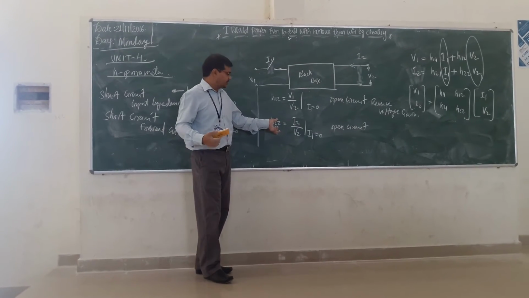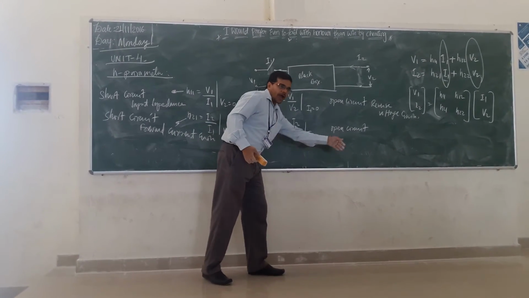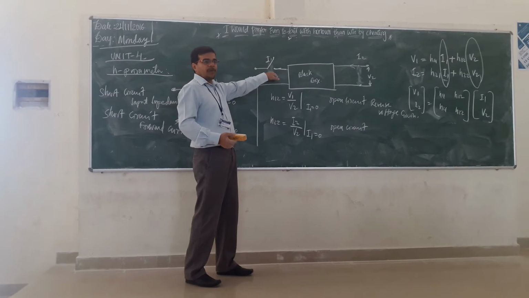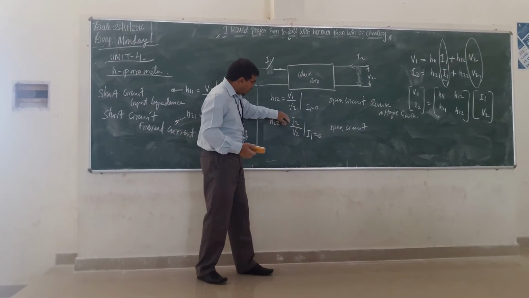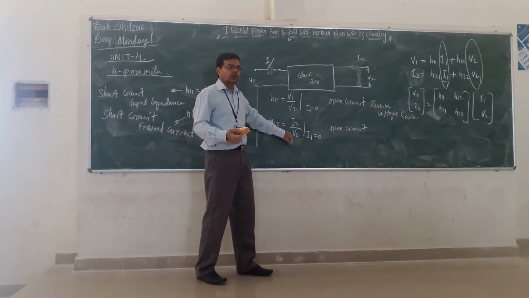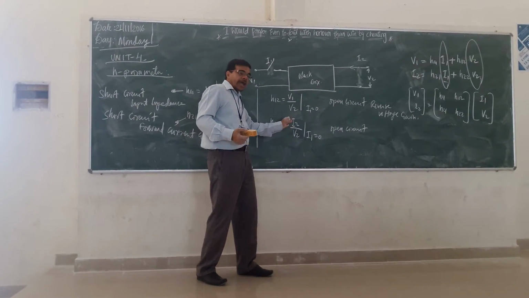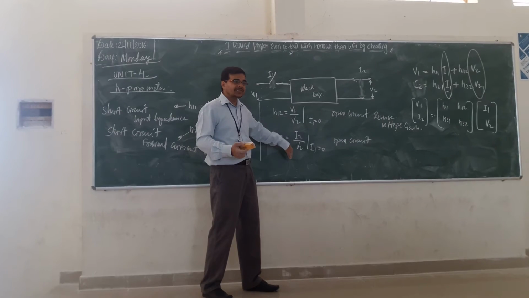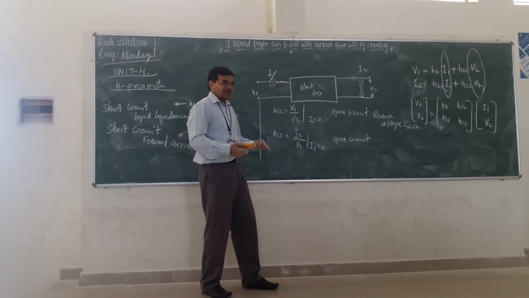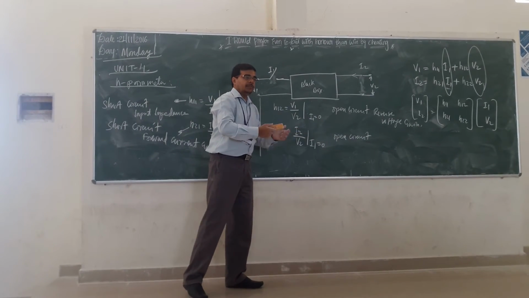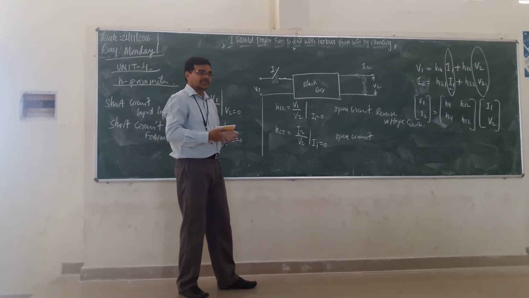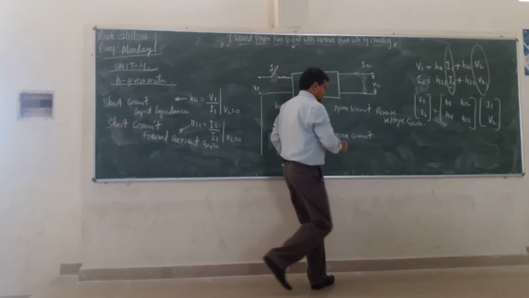If we are considering this one, here I1 is equal to 0. I1 is equal to 0, we can make it by making it open circuited. So it is your open circuit. But what we are having here? We are having I2 by V2. So this is your I by V. No, impedance means V by I. It is reverse. So admittance.